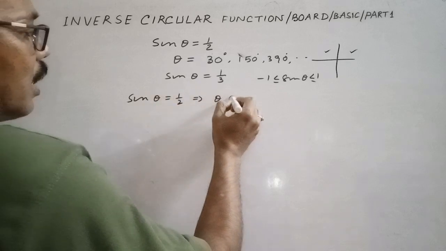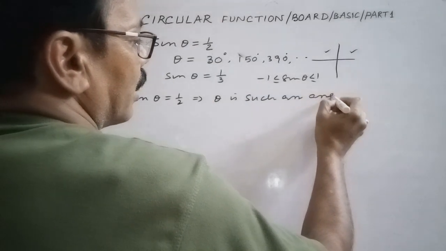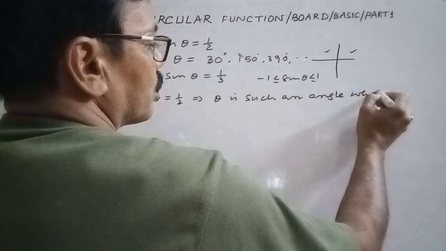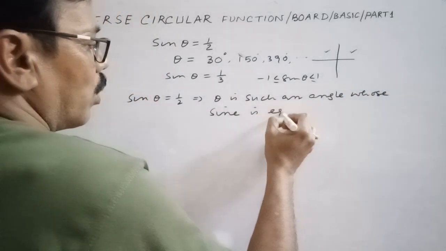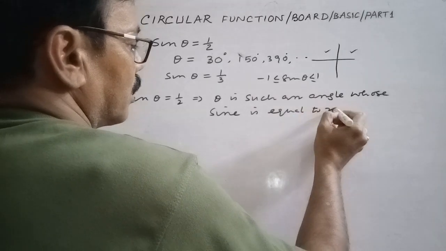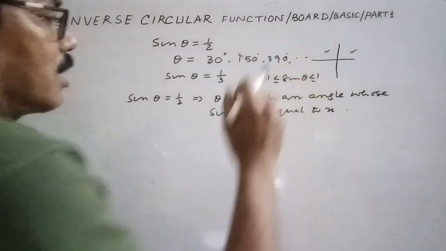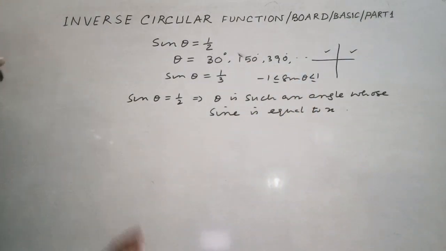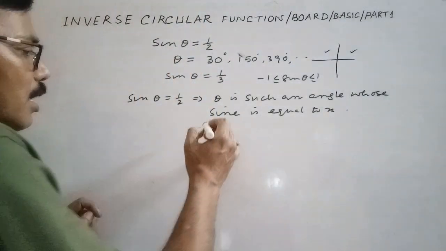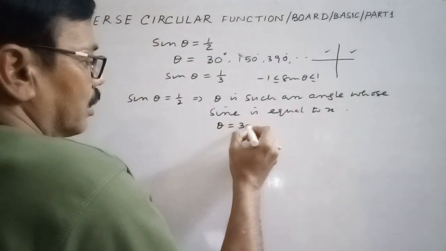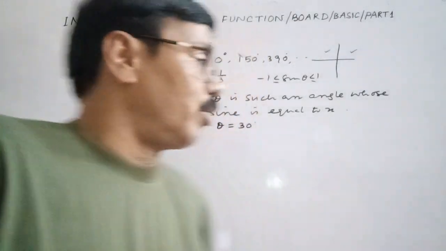It implies theta is such an angle whose sine is equal to x. Sin theta equals half. Theta is such an angle whose sine is equal to x. So, what is theta? Theta equals 30. So, sin 30 equals half. Now, in general,